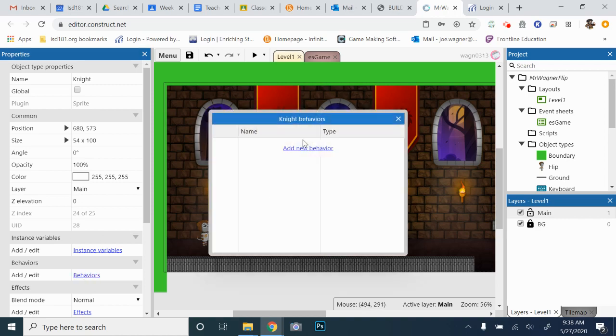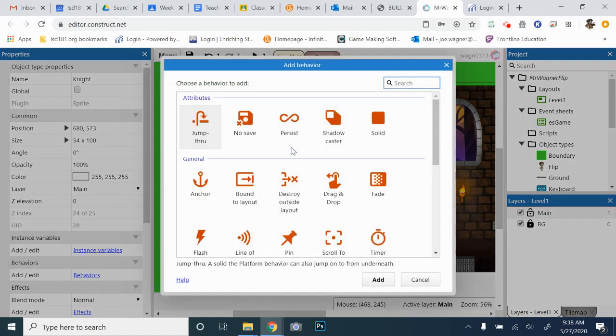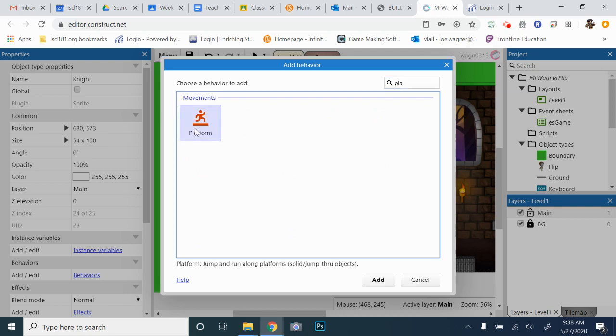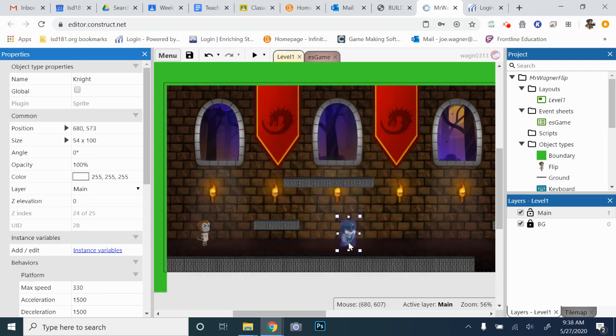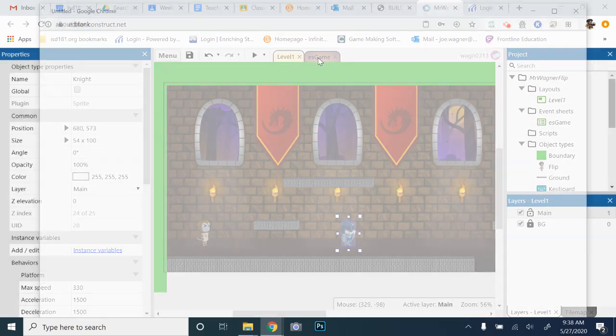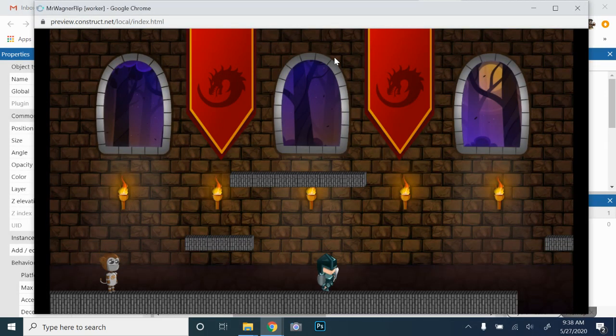behavior. So I'm going to go to behaviors, add a new behavior, and we're going to go platform. Okay, and then that should be the only behavior he needs, but there are some settings we need to change. So what you're going to notice here, I'm just going to go ahead and preview this. You're going to notice an issue with the knight right away, and that is when I move Flip, the knight